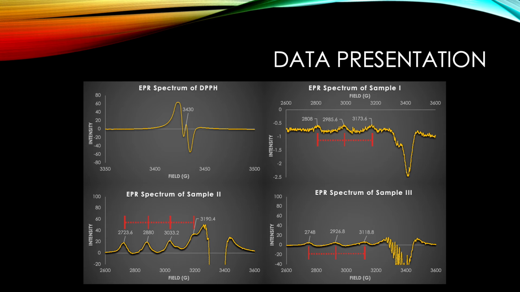So here are the spectra obtained for the 4 samples taken. There are 2 important values obtained from the 3 sample spectra. So first is B center field for each sample, including dppH, and this is necessary to calculate the G factor, which is done later. Next is the hyperfine coupling constant, which was calculated by averaging out the difference between each